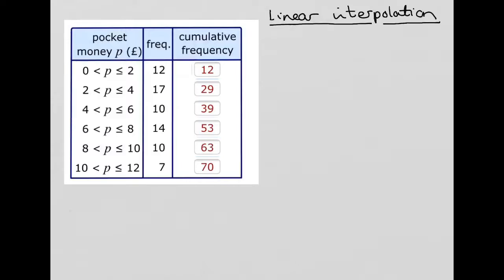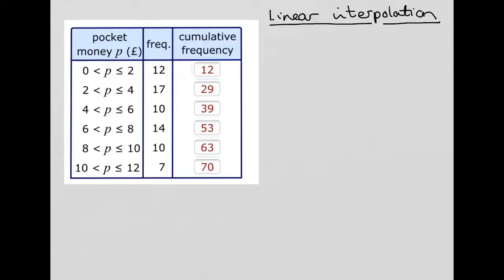Now, linear interpolation, not something you will have heard of before, although we have used this word. We've talked about interpolating and extrapolating. Extrapolating is when you look at data outside the range. So we were looking at scatter graphs and we were trying to figure out what would happen outside the range of the data. That's called extrapolation, and you can't assume to know what's going to happen to the model outside the range of the data. Interpolation is looking at within the data,